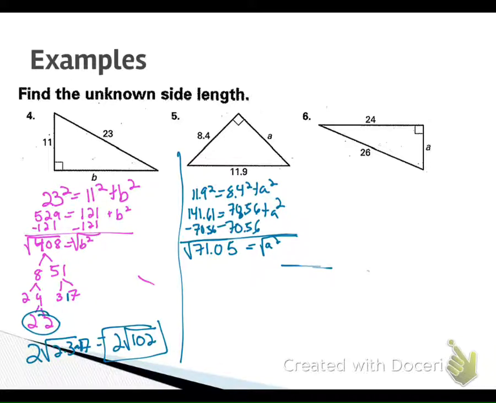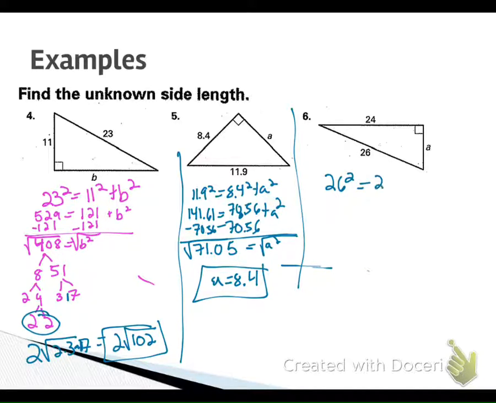What is it? 71 square rooted? So we're square rooting that 71.05. And what do we get? 8.429. 8.4. Okay, so we're going to leave it as a equals 8.4. Thank you, ma'am. Okay, and then our last one of this group, we have our hypotenuse of 26 squared equals